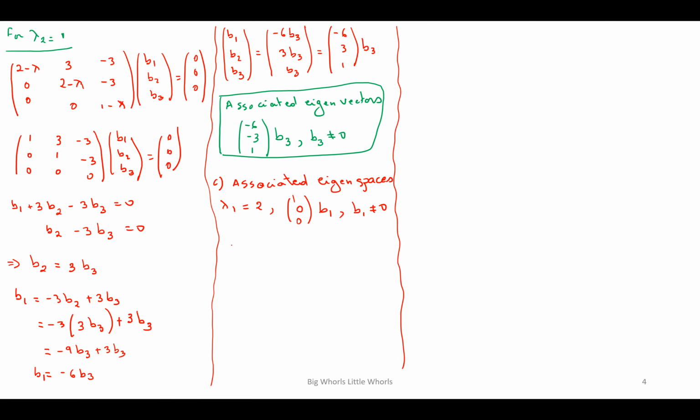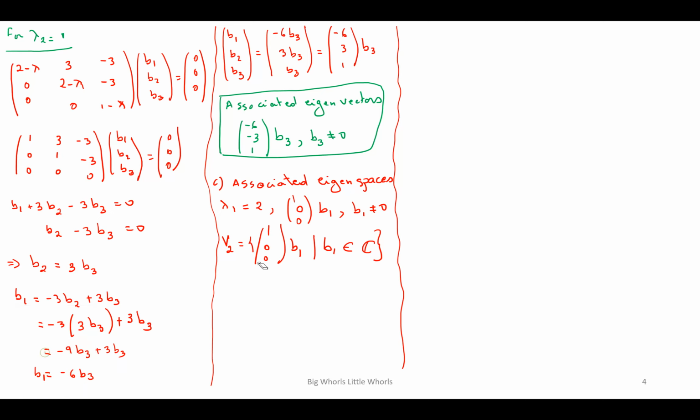So the associated eigenspace, V lambda 1, so V2, is equal to all the eigenvectors (1, 0, 0, beta 1), such that beta 1 belongs to the complex numbers. Okay, so that's how we write down the